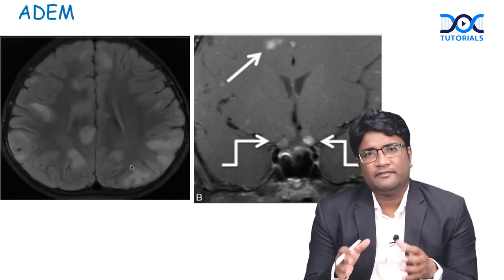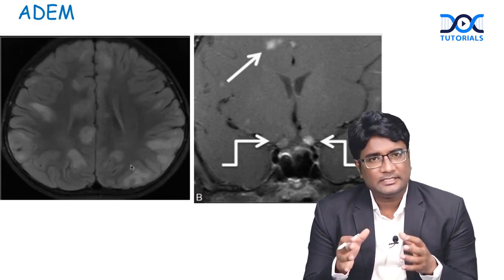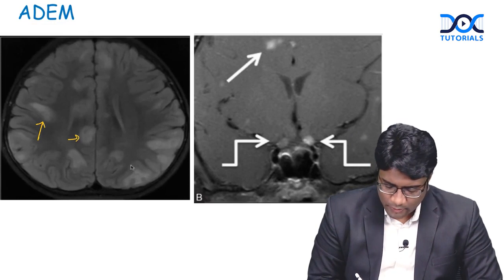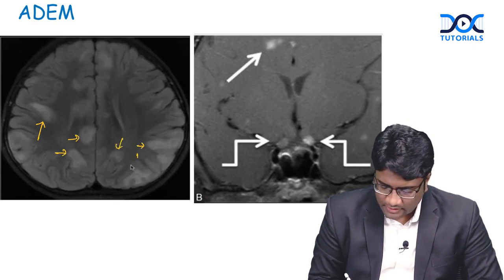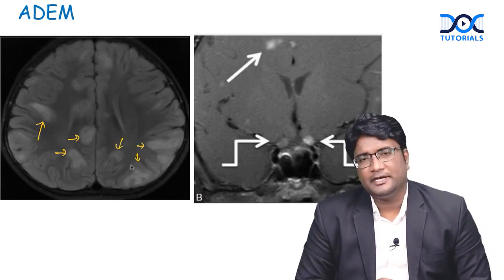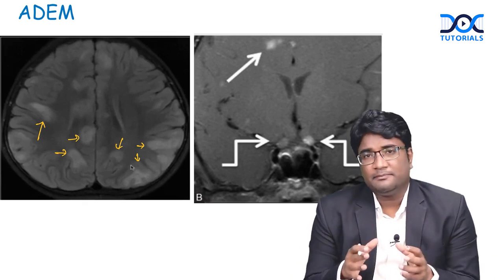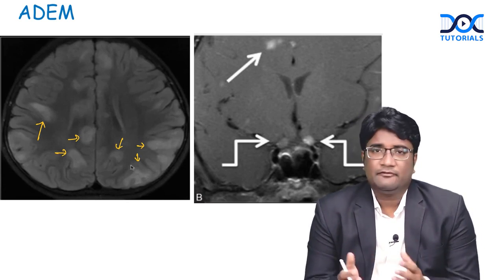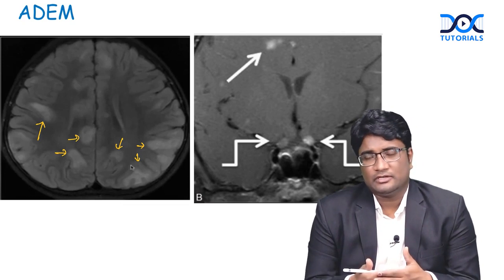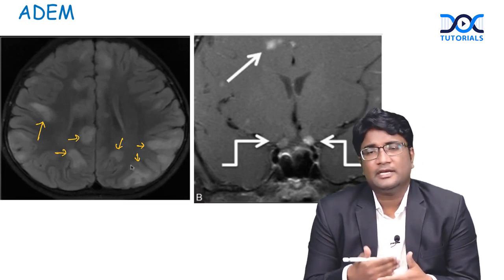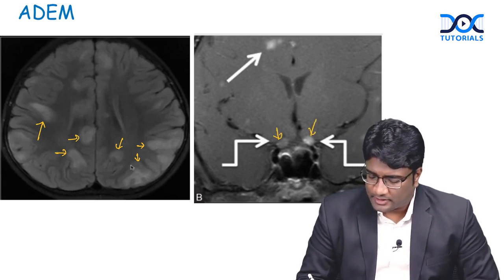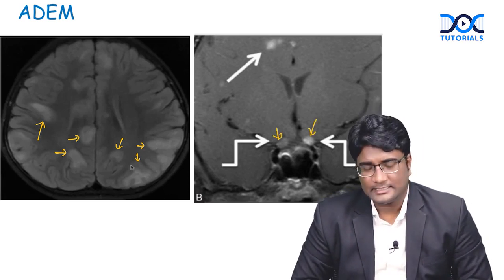Now, these are axial FLAIR MRIs taken in an 8-year-old girl with sudden vision loss. When we look at the axial FLAIR MRIs, you see that the bilateral hemispheres show subcortical hyperintensities. So, the presence of these multifocal subcortical hyperintensities with a history of sudden vision loss, and if you also have a history of fever or vaccination, strongly suspect ADEM, right? Acute disseminated encephalomyelitis.